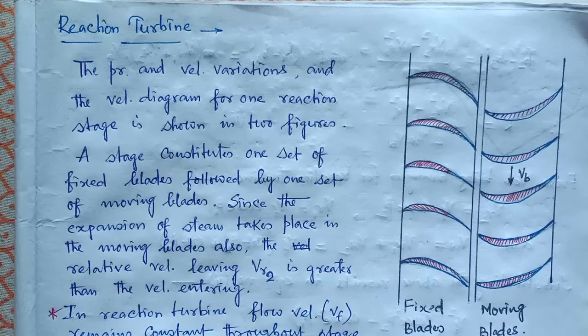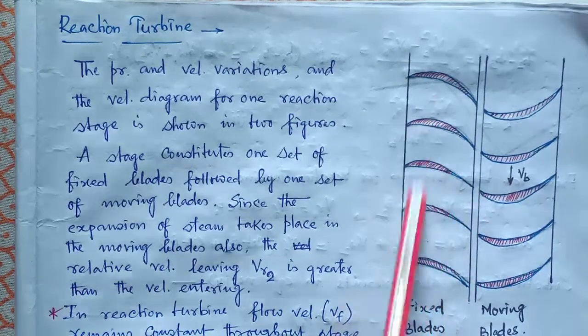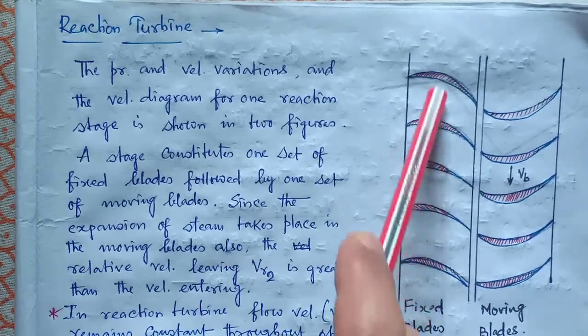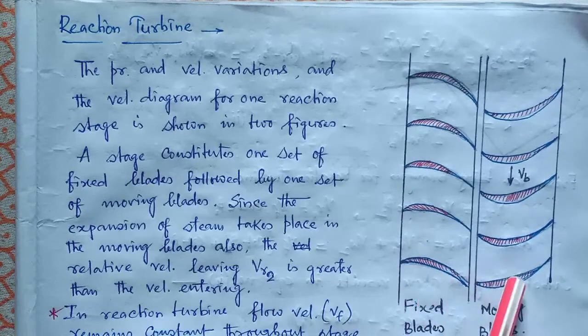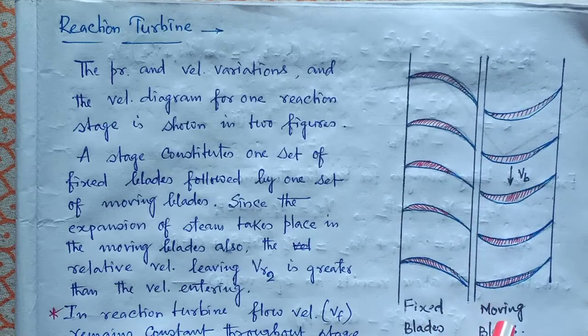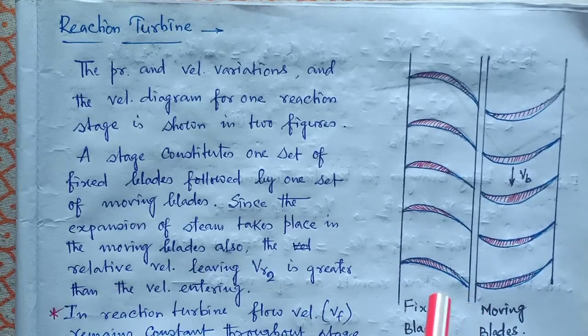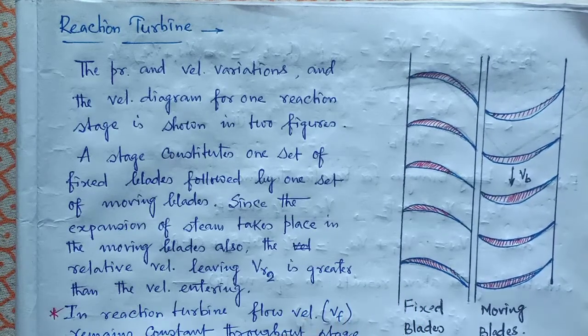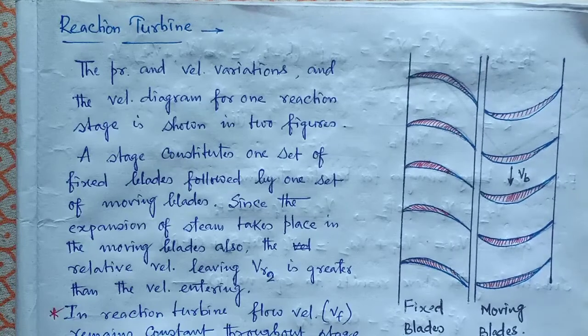As you have a very good idea about compounding. Now in the diagram you can see a typical schematic diagram of reaction turbine blades. These are the fixed blades, or the guide blades, and these are the moving blades, meaning these are the stator and these are the rotors. So there should not be any doubts. Now the fixed blades in pressure compounding are where we decrease the pressure in each and every stage.